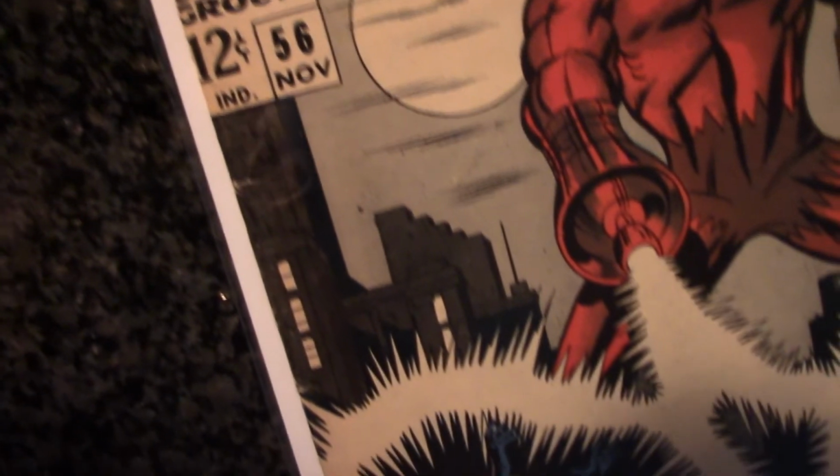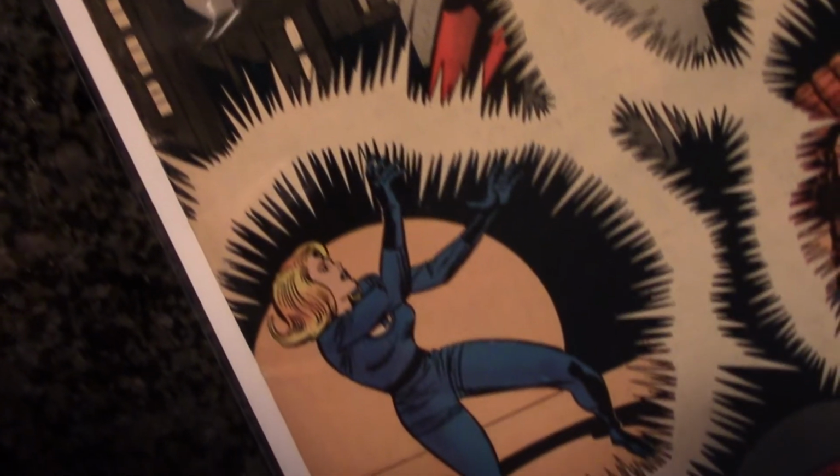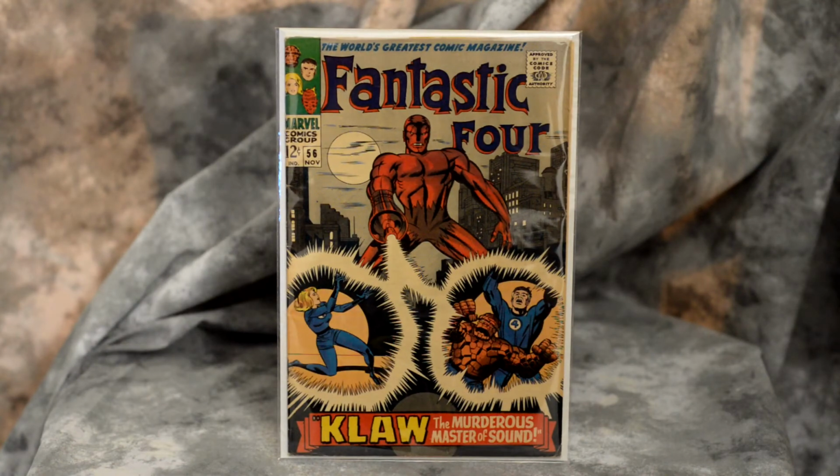It's the issue after, right? So obviously, I give this a VG to fine. 5? Yeah, about a mid grade 5, for sure. About what my copy is, I think, 5, 5, 5, something like that. Nothing spectacular. And I paid about